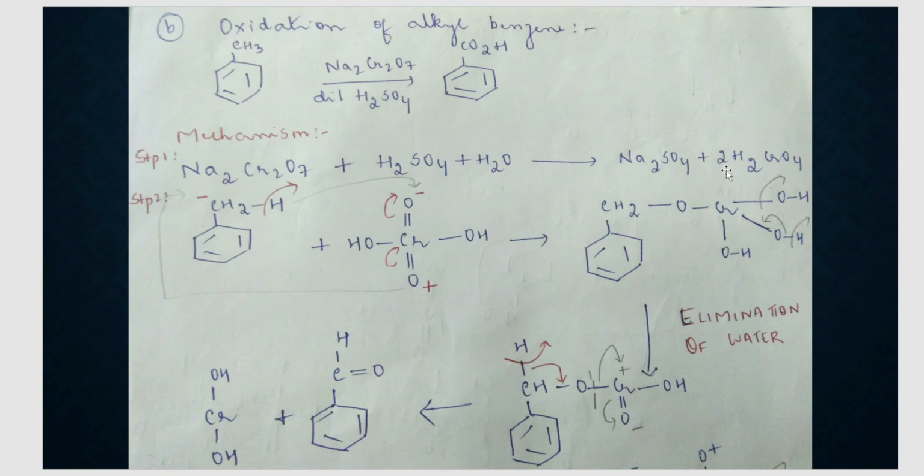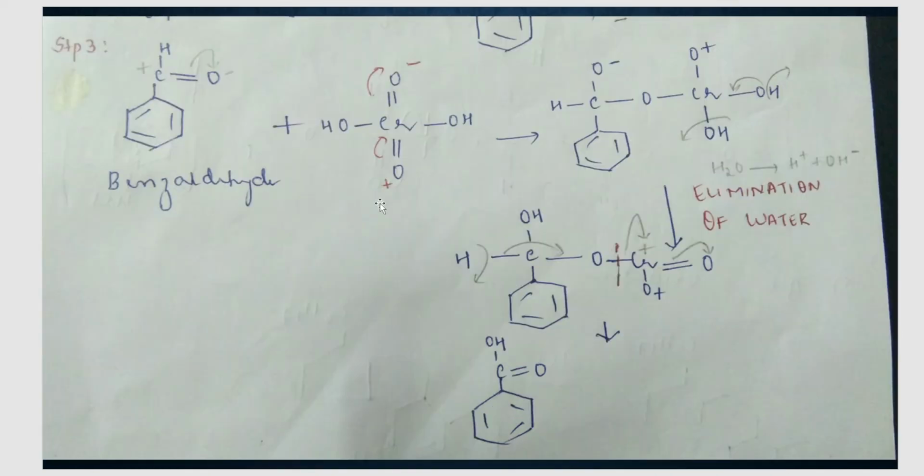We got two molecules of chromic acid, out of which one got used in step number 2. We have one more with us which we are using in step number 3. Now once again take that second molecule of chromic acid that is left with us. Here in benzaldehyde, you'll shift this pi bond onto oxygen, so oxygen will get a minus charge and carbon will get a plus charge. And in chromic acid, you know how to shift the bond. So one oxygen will have minus and one oxygen will have plus charge.